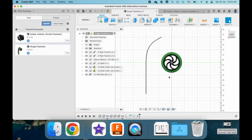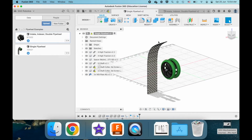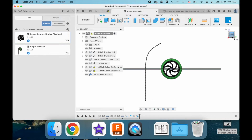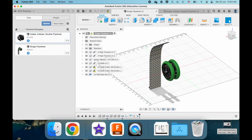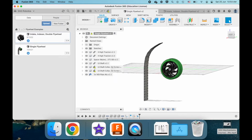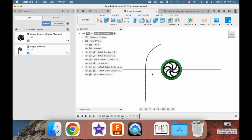You have your game element being fed straight from underneath the flywheel. Okay, and this gives us some different options. So this one's a single flywheel because there's only 1 wheel present. Okay, and it does similar things. It spins at a very high speed. You can even use 2 motors by having 1 motor on the left side, another motor on the right side, both driving the same axle that turns this flywheel. Just something to clarify. But anyways, this wheel spins very fast, and when it makes contact with the game element, it shoots it out